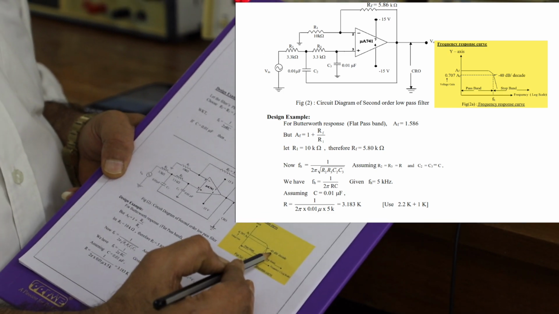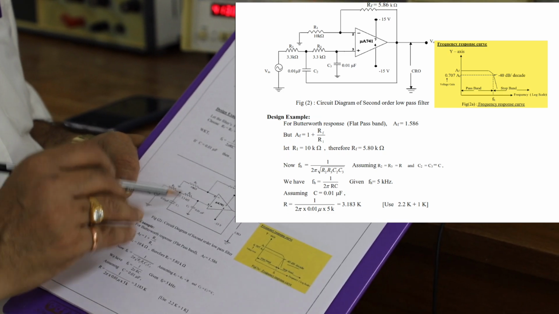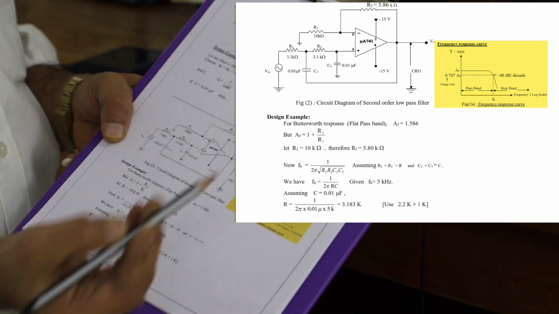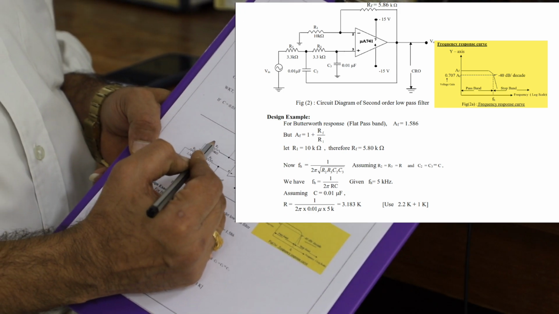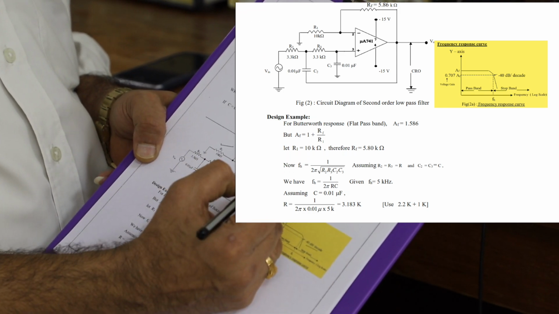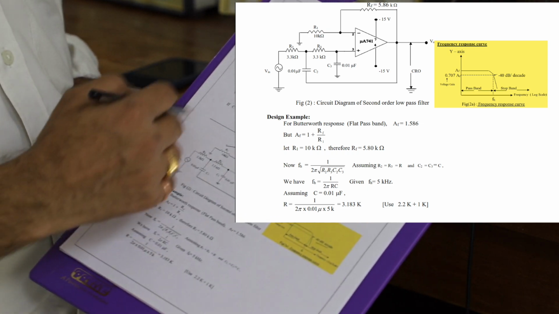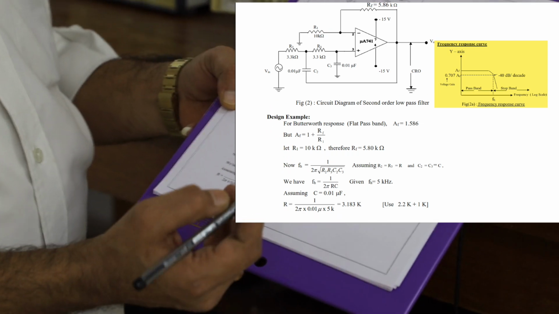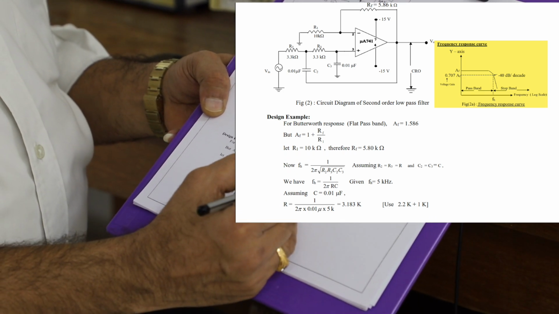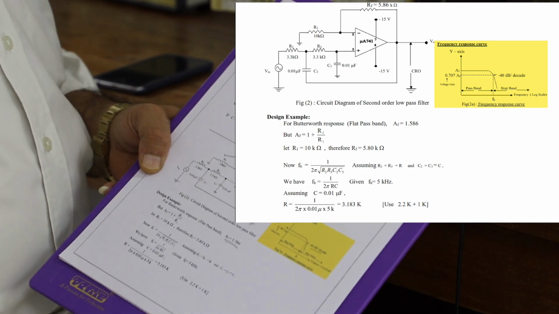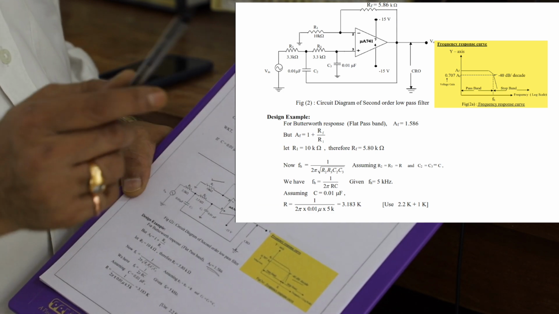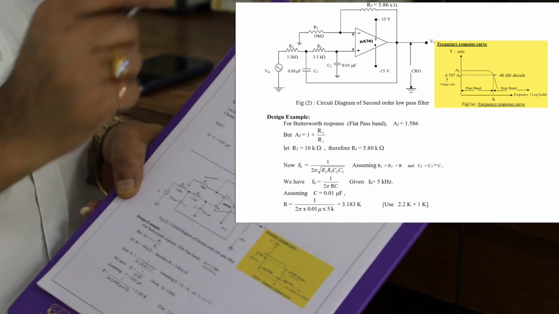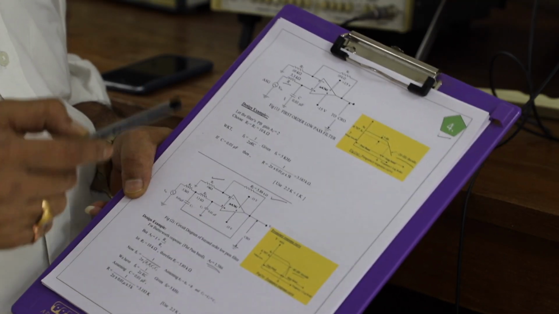So this will have minus 40 decibel per decade, and because we wanted the Butterworth response, the gain should be equal to 1.58. So if you can watch it out, this R1 is equal to 10K and my RF is equal to 5.86K, and because it's a non-inverting amplifier, the gain becomes 1 plus RF by R1. So that I think will be equal to 1.586, the gain of the particular amplifier, right? So let me first demonstrate the application of op amps as a low pass active filter, first order and second order.